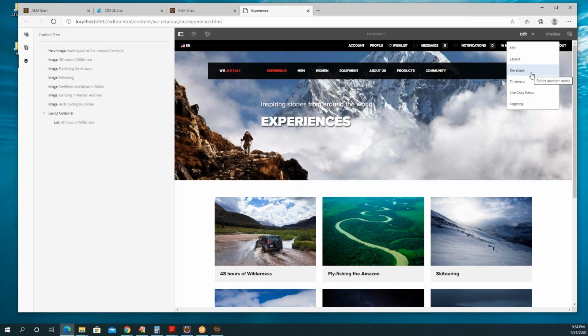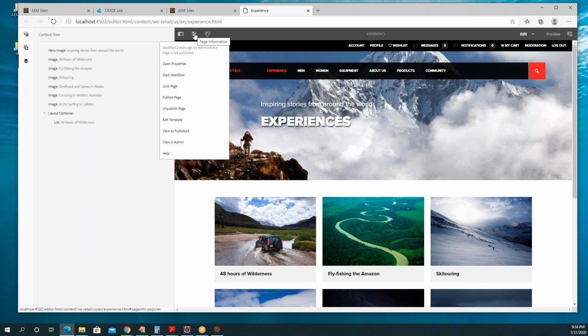Okay. Now click on the second icon in the left side in the black color toolbar. They have introduced a new option called edit template. Edit template. So this page is created using a template, and that template is a dynamic template. Okay. So if you create your page using a static template, you won't be able to see this option. Edit template option won't be available. Only pages created using dynamic templates can show this option, edit template. When you click on edit template, the template which is used to create this page will open. The structure page will open.